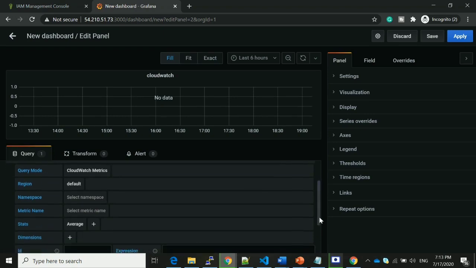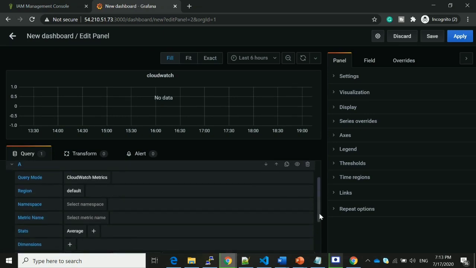Let me go to the query section. Here I am setting the query mode as CloudWatch metrics because we are getting the data from CloudWatch. Let me select the region. Our region is US East 1, right? So let me write US East 1.